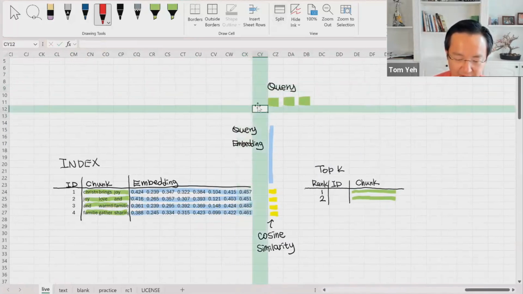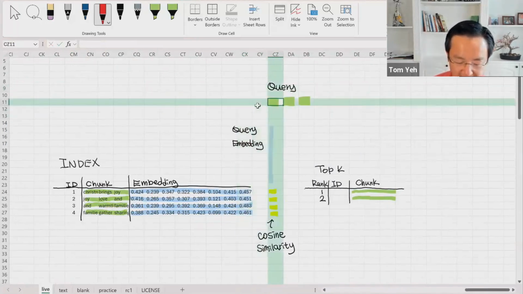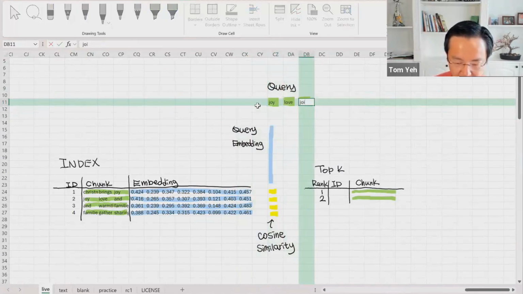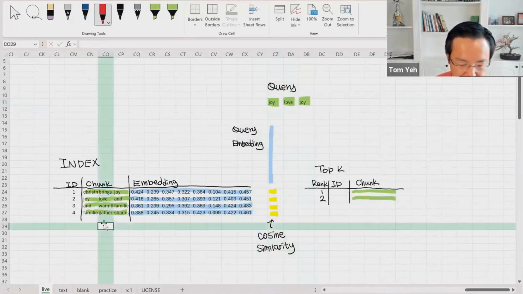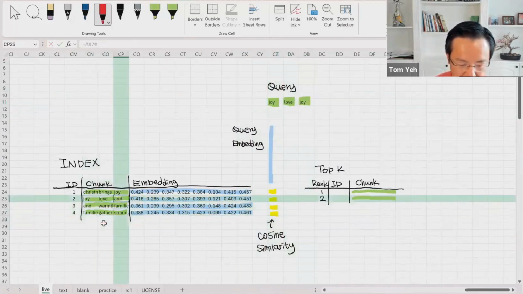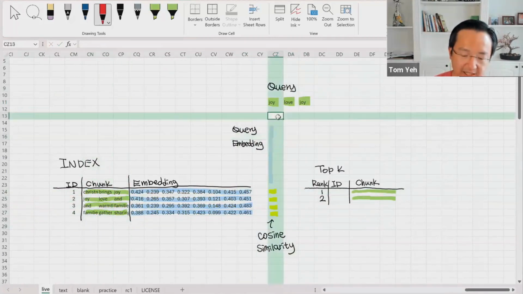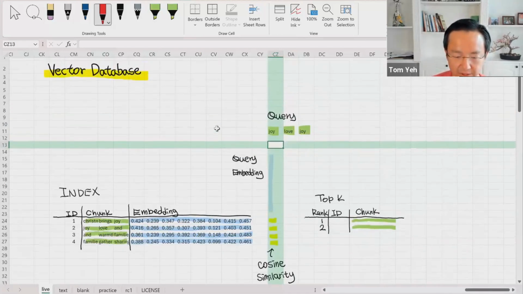Suppose now I have a new query. Well, what do we do with it? So say I have a query, say "joy, love, and joy." If you look at this, it's kind of similar to this one, "joy, love, and... Christmas brings joy." So how do we look it up, so that we compute the similarity value with respect to each chunk already in the database? So what we can do is